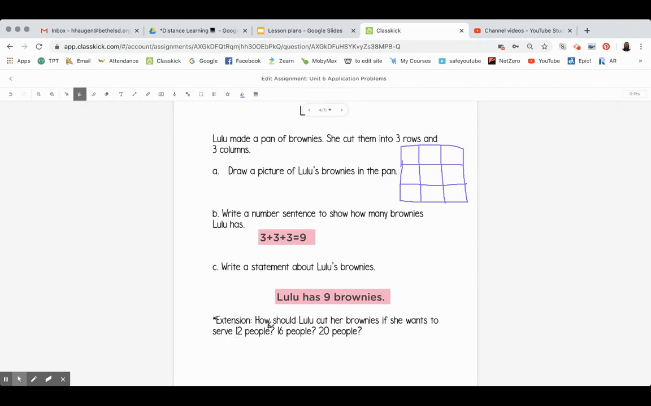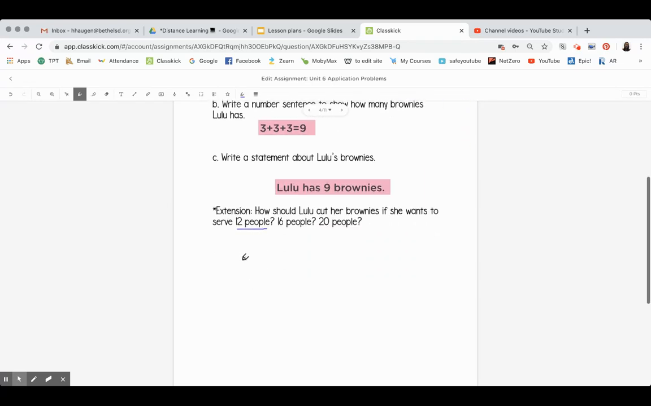It says, how should Lulu cut her brownies if she wants to serve 12 people? So if she still had that pan of brownies, she cannot just cut 9. That's not enough if she had 12 people. So let me draw this here. Okay, so we have to come up with how could she cut her brownies to get 12 brownies out of there for 12 people? Well, we've done some arrays before that had a total of 12 x's or a total